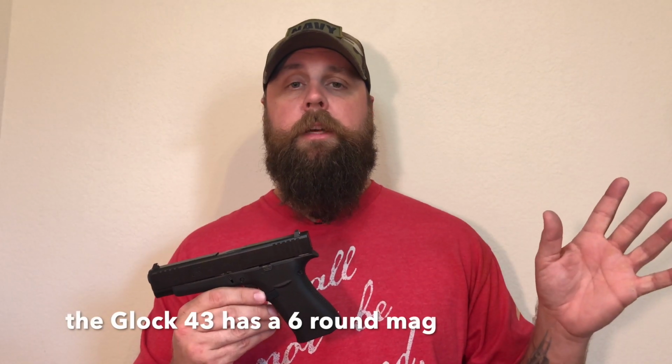I also like that it's bigger than the Glock 43. The Glock 43 is smaller and easier to conceal, but it has less rounds. This one holds 10, and there are magazines that hold more. I'll talk about that later, but it holds 10 rounds as opposed to the Glock 43 holds 7, I believe it was. Don't remember. I'll put a notation down below so people can know that I put the notation,